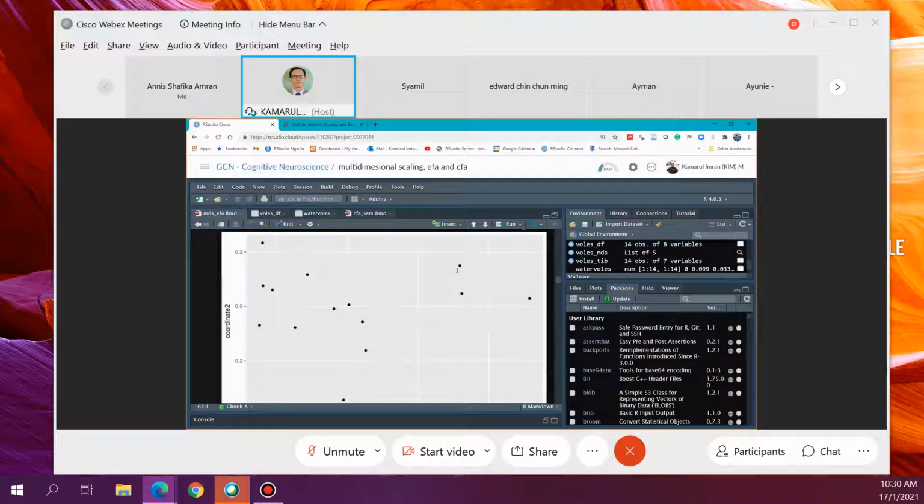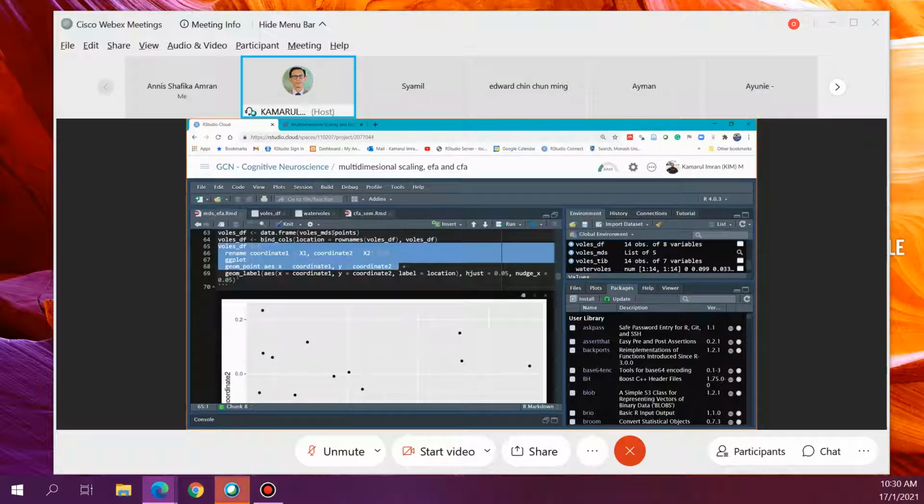So I don't know what each point refers to. So that's why I need to add labels. So I use geom label. And this is by adjusting the horizontal and nudging it a bit so that the label does not overlap with the point. Right. So if I run this,